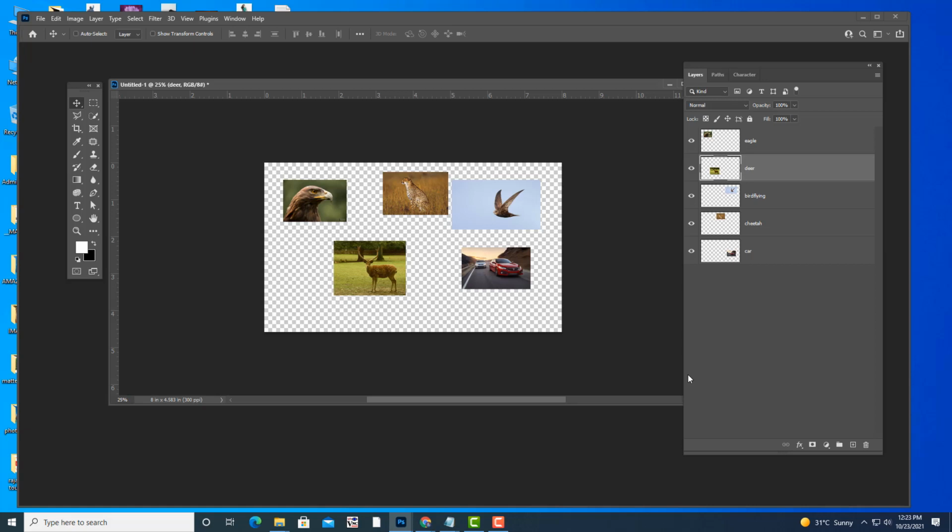The second thing is visibility of layers. Right now all layers are visible, but if you want to hide some of the layers, there is a visibility icon for each layer here. If I want to hide this deer layer, simply turn off this visibility icon. Eagle, bird flying, cheetah.